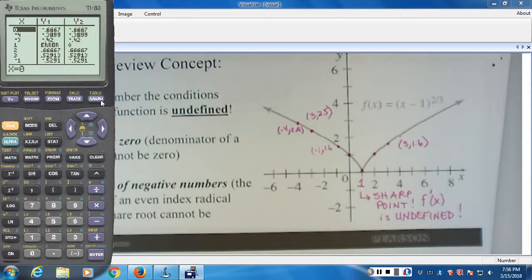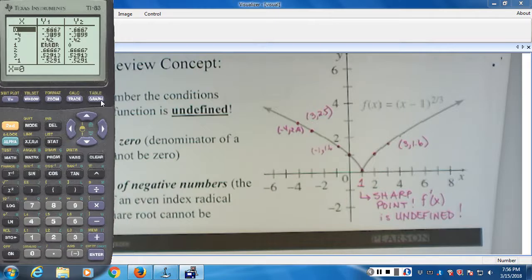NDeriv takes the number you tell it to take a derivative at, and it goes a little bit on this side of it, a little bit on this side of it. And it does arithmetic, finds out the value. So then it goes again, and it moves in a little closer. It does arithmetic on this side, and says, okay, there's still a difference. Arithmetic on this side, no, the answers aren't still the same. Arithmetic here,